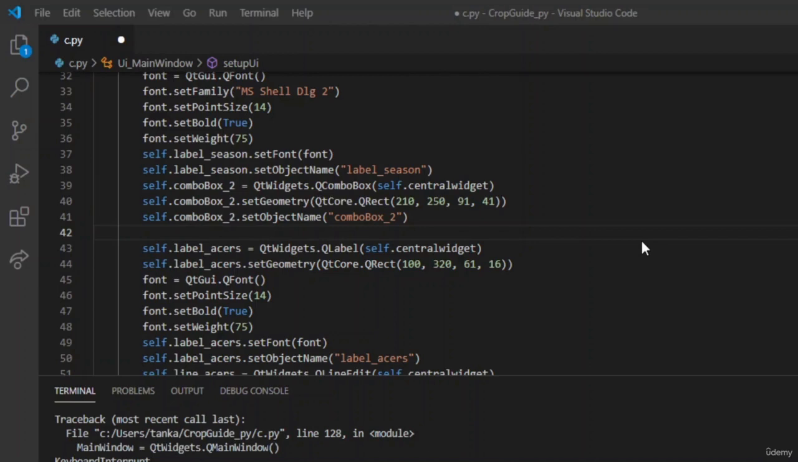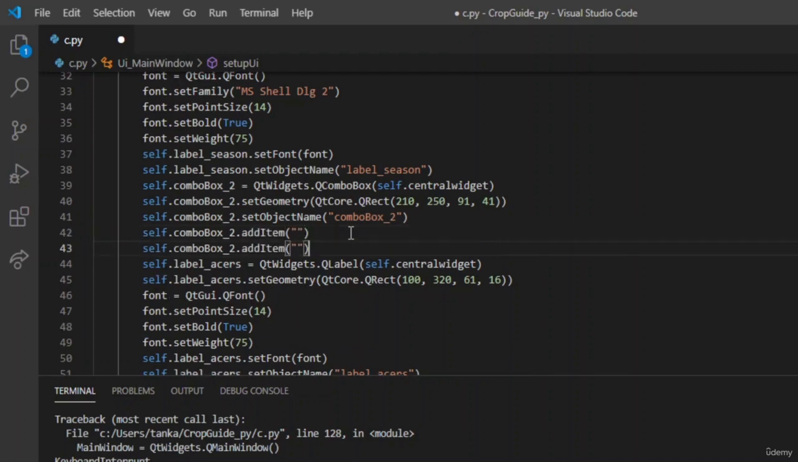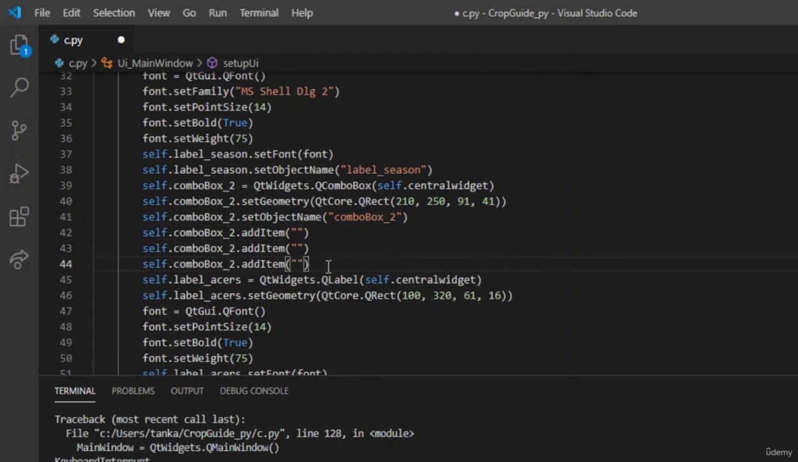Now let us add some functionality to the combo box. So we'll add a few items to the combo box underscore 2, which is the seasons. As there are 3 seasons, Kharif, Rabi, Zaid, we will be adding 3 add items. Item is a keyword which is used to add items in the combo box too. So now you can see that there are 3 items, and to give the names of those, just go to